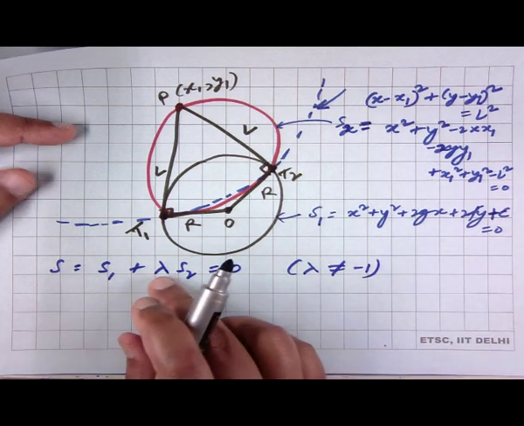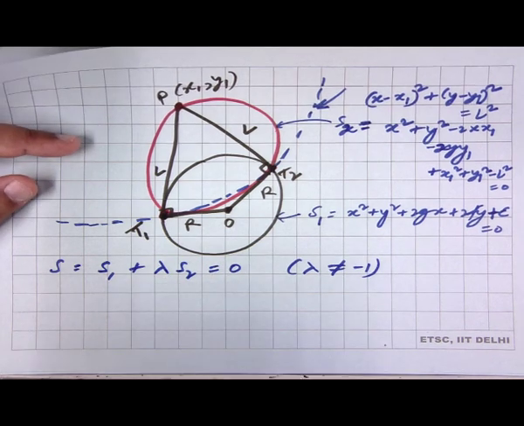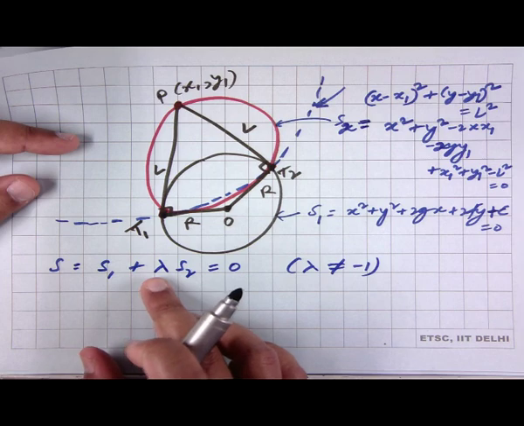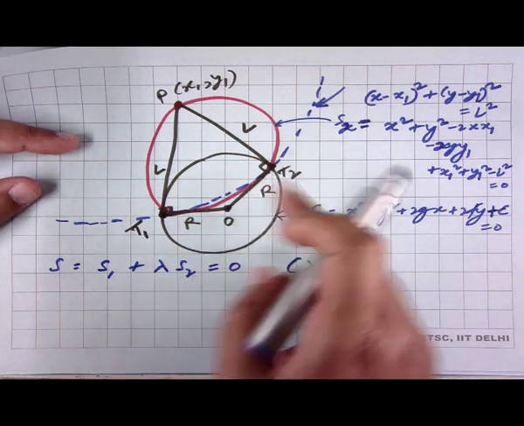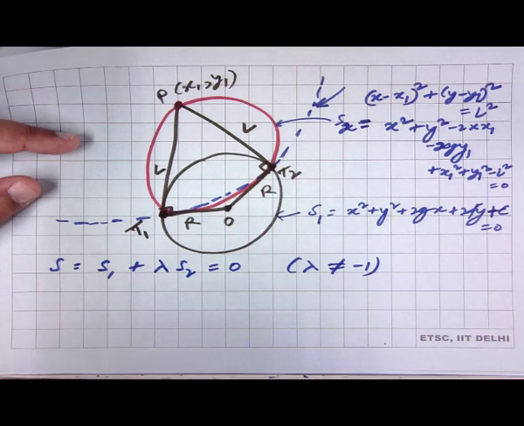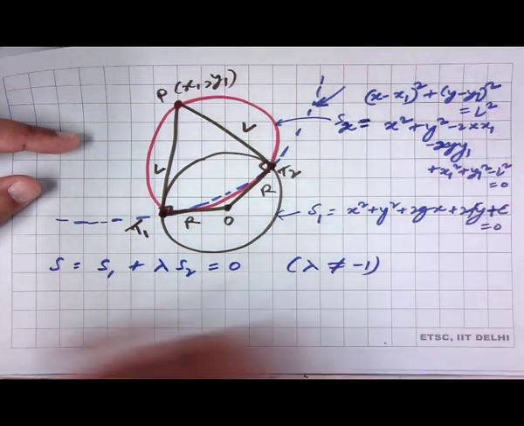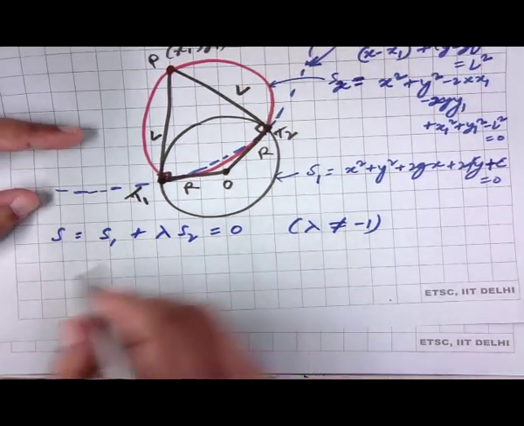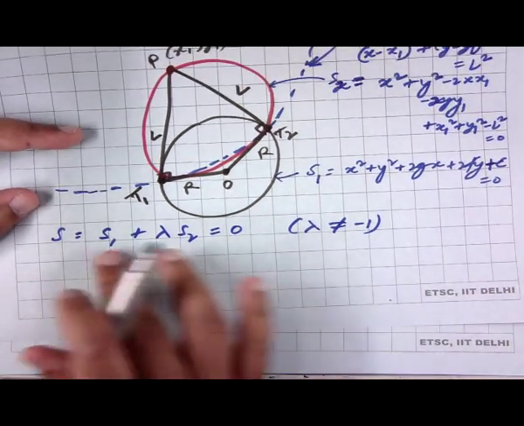where lambda is a free parameter. So, if we change lambda, by changing lambda, we will get different circles which pass through T1 and T2. This is the point of intersection of these two circles. So, this equation is